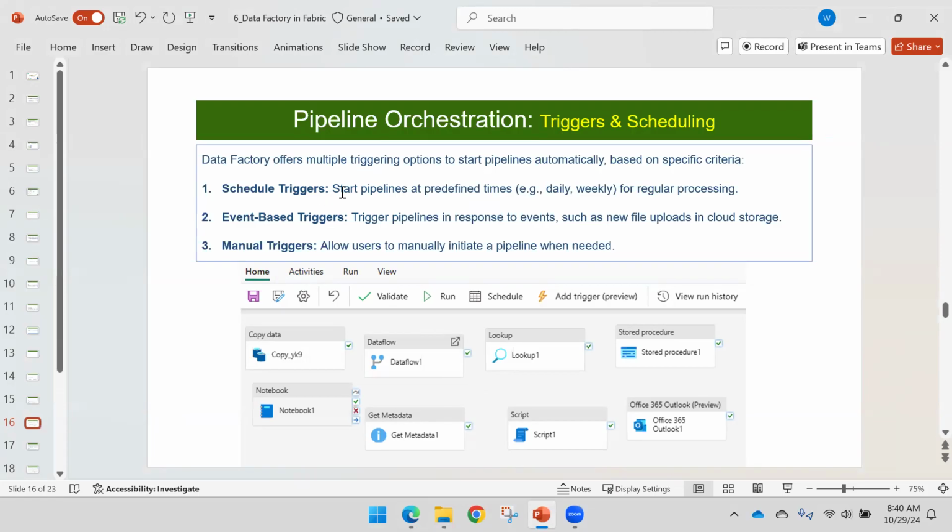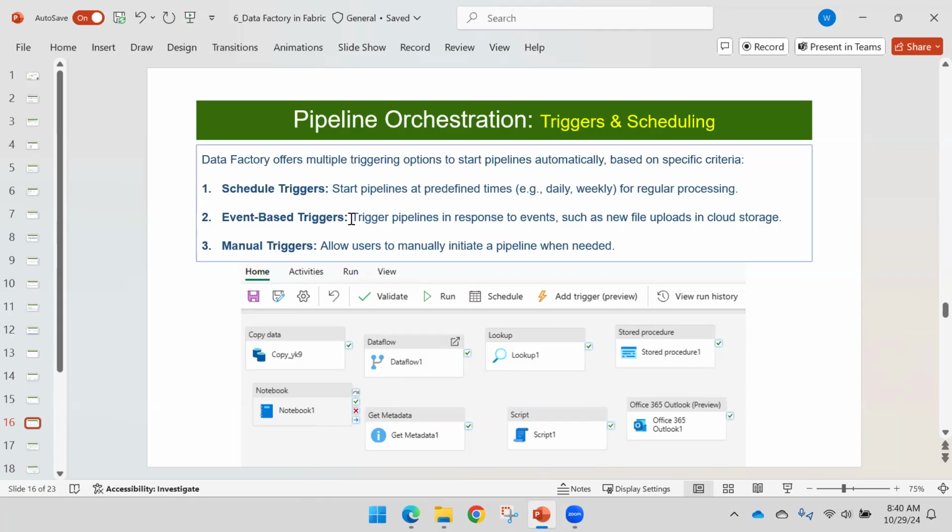So you will be able to schedule start the pipeline at a specific time. Even event based triggers you can add. So like event based meaning the way we have the triggers in the database, right? If something is happening in the database, some activity or some SQL code should get executed. Similarly, we can define this also,